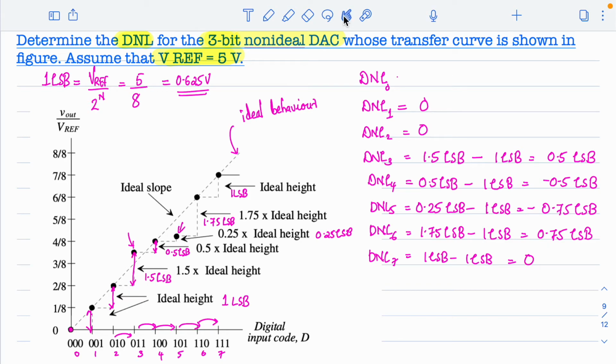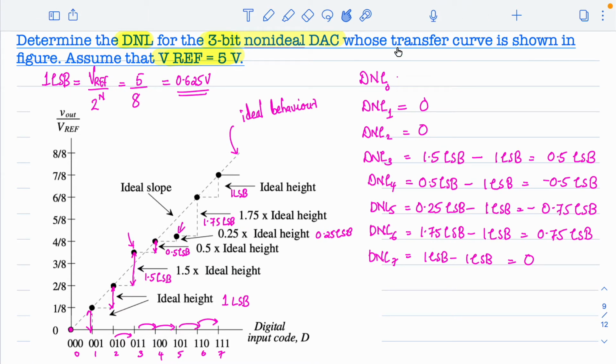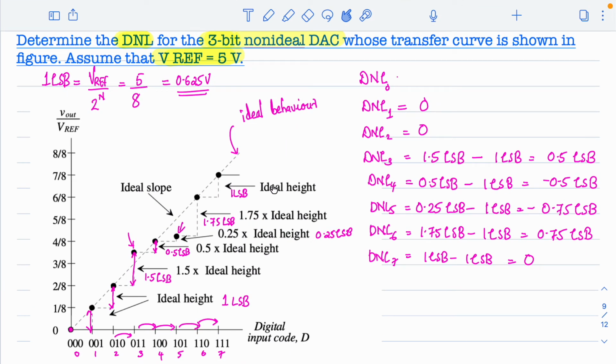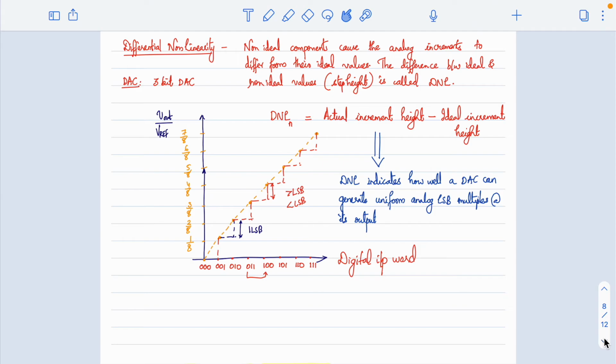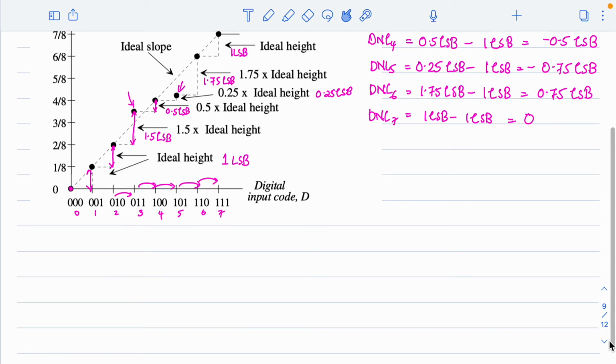Now one more thing we generally do: once your DNL is available, we do a plot of DNL. The idea is not just to have a plot, the idea is to have a careful look at the value of DNL. So what we generally do is, after getting the values,